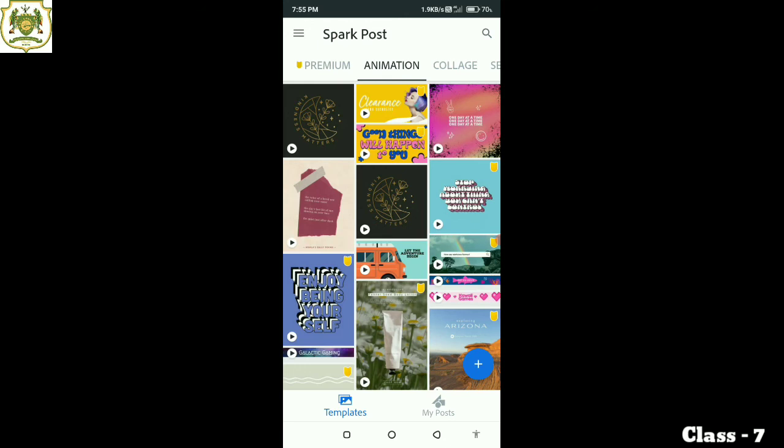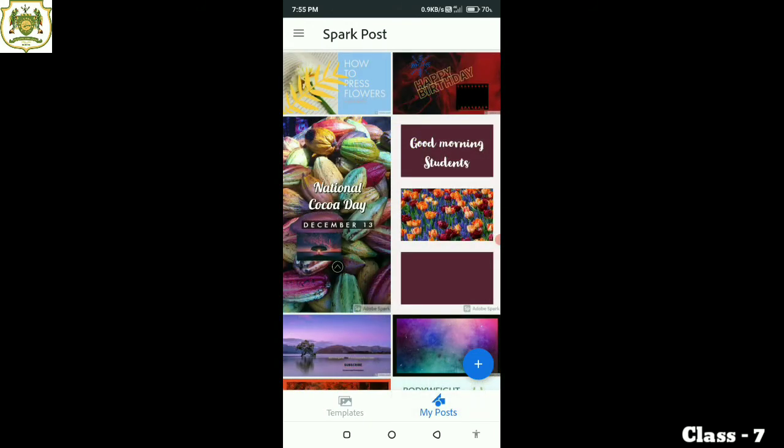Templates is going to show you the already designed posters or already designed animations which you can use. And My Post is going to show you all those posts or drawings or graphics which the user has created through their mobiles. So this way we can have the Adobe Spark Post installed in our mobiles.